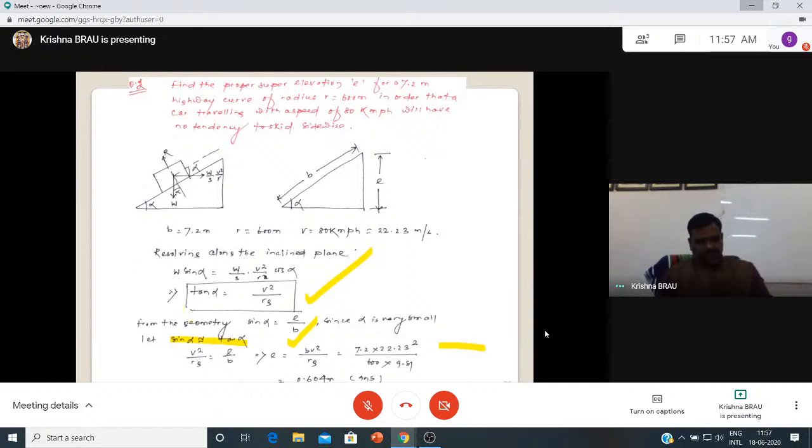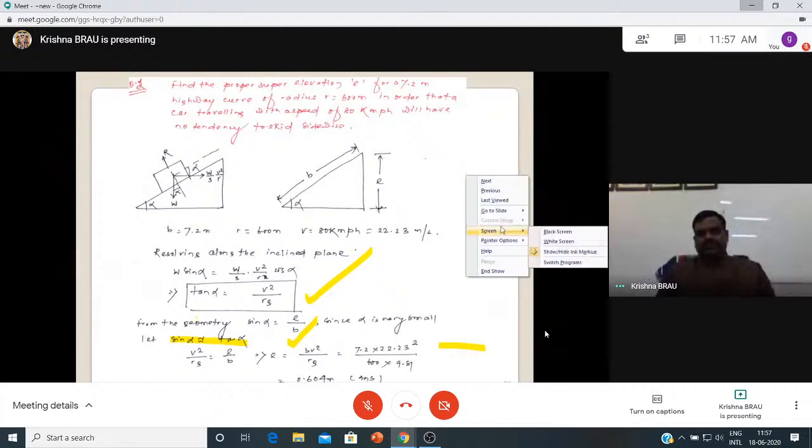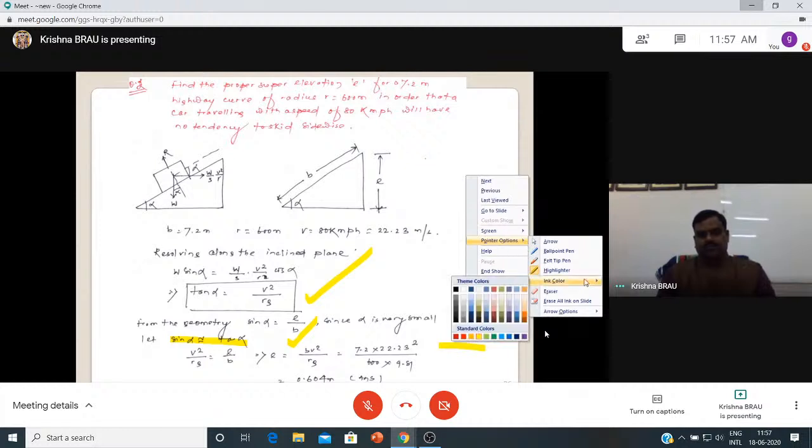Now equate the two expressions. Find out E is equal to V square by R. And you can find out the